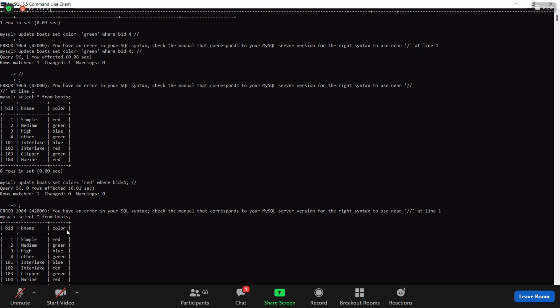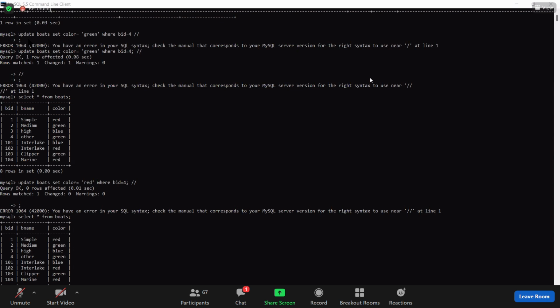Still you are having the old color only. It accepted green color, modified from yellow to green, but not accepted red color, not modified your previous green color to red.